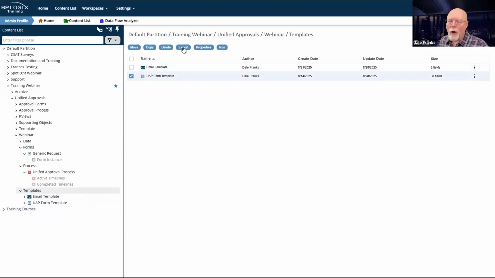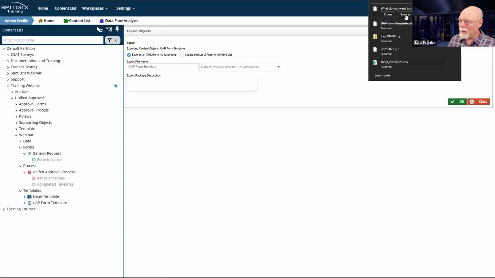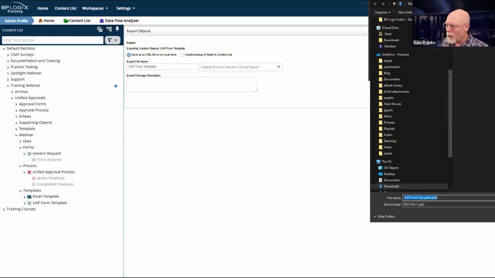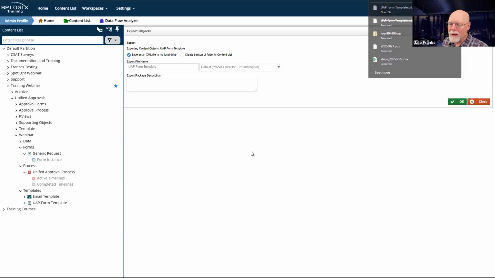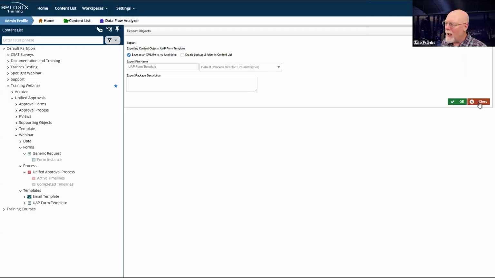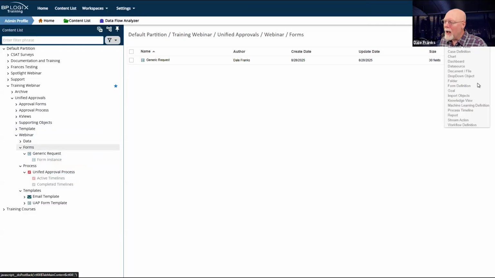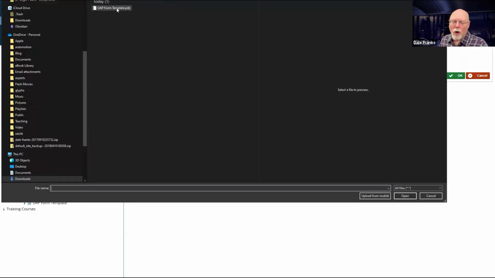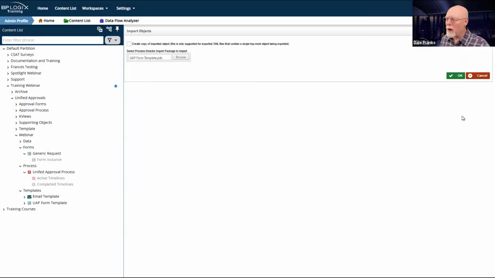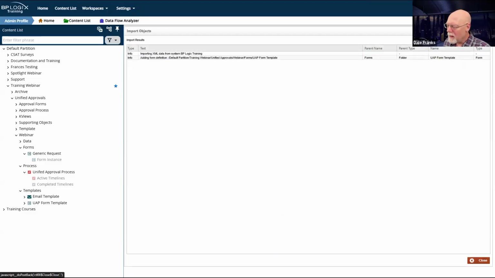So I'm going to export my template again. And assuming I don't have to make any changes to it anymore, I'm going to export it exactly in this format that I want. There we go. It has exported. And we will close here. We will go back to my forms folder, and I am going to import it again. And this one should be the updated one that will not show me the task information before I submit the form. Now the form is imported.